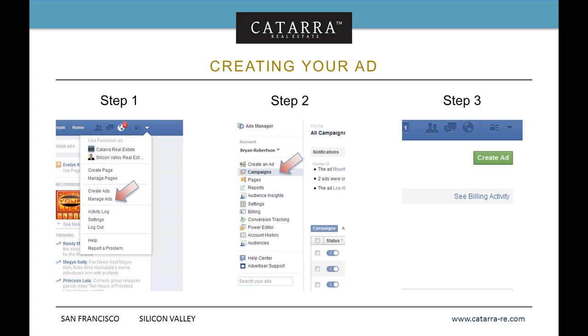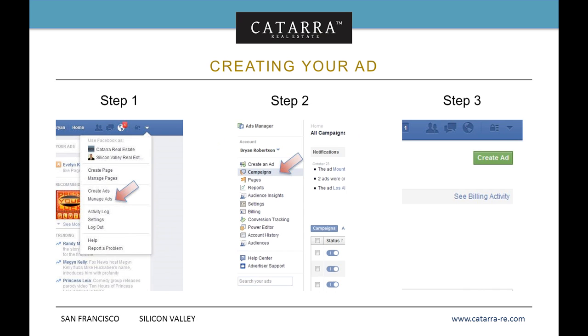So, okay, let's get into it, right? Assuming you're in Facebook, you look at these three steps. This just walks you through navigating where you need to go. A lot of people don't even know where the ad management stuff is. So in the upper right hand corner in Facebook, you'll see the little triangle up there, and when you click it, it brings down a menu, how to use Facebook, right?